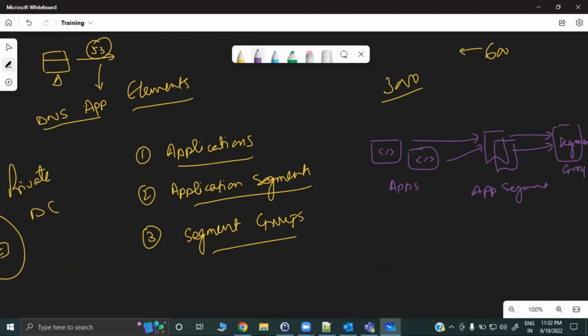I mean, in coming lectures, it will be crystal clear to you when we are going to do the configuration and the real-time simulation. Right now, you won't be able to understand it in full, so it is expected. One thing to note here is an application segment must be a member of a single segment